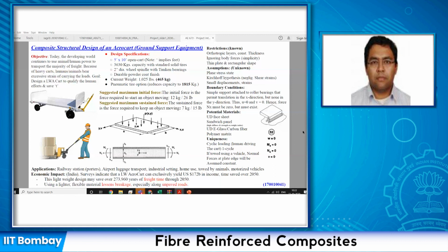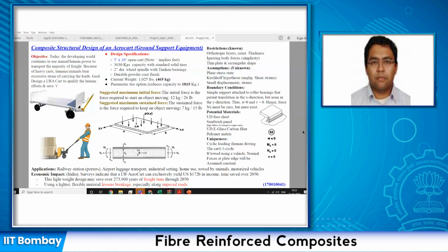The plate's end would be resting on a simple support, which will be fixed to a roller which is allowed to move along a particular direction, in this case X. The potential materials which I will be using are a UD face sheet on the top, a sandwich panel in the middle, and then UD glass or carbon fiber depending on the design iterations in the further stages,